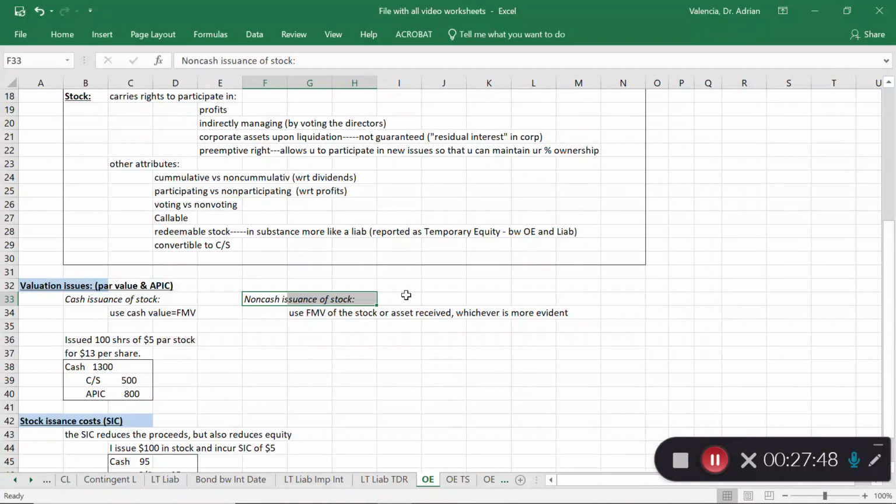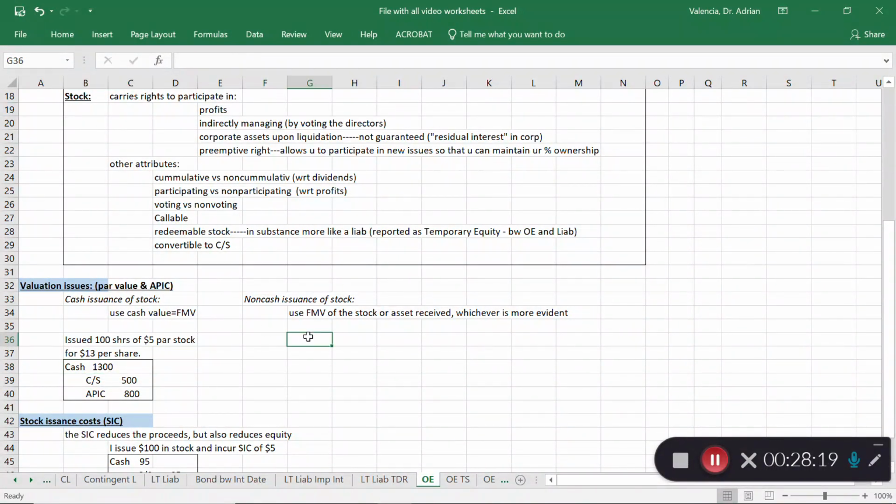Or instead of an investor providing cash, they bring in machinery that's needed, and in bringing in that machinery, they are given stock instead of cash. So in those cases, how do you determine the value of the exchange? Here it was easy. If I sell 100 shares and people give me $13, then the value of the exchange is $1,300, right? Because it is well supported that each dollar is worth $1. I mean, that sounds kind of obvious.